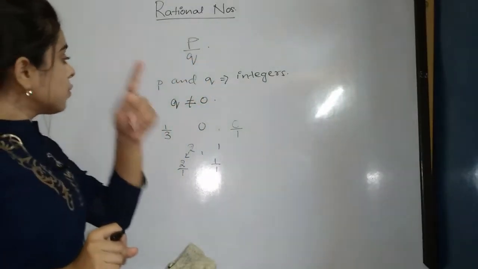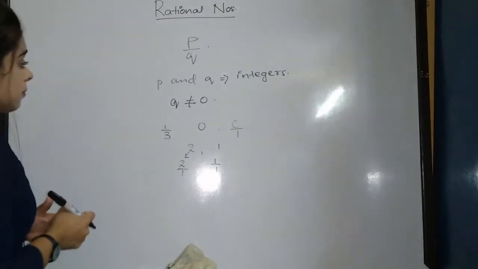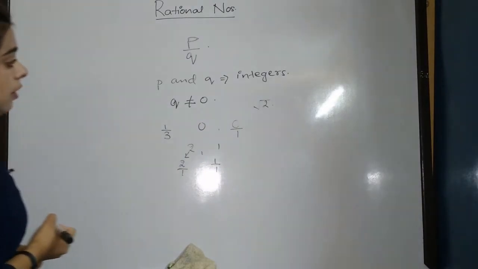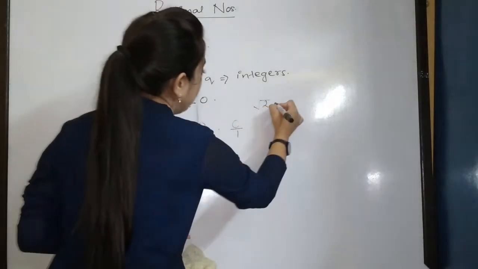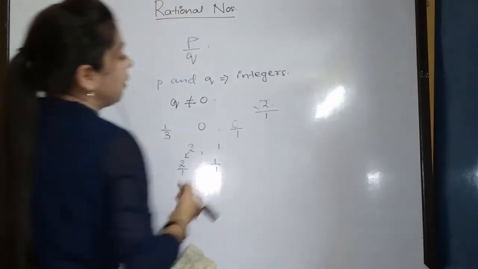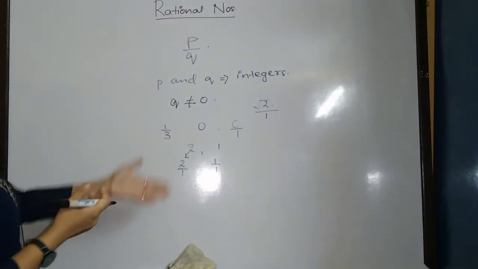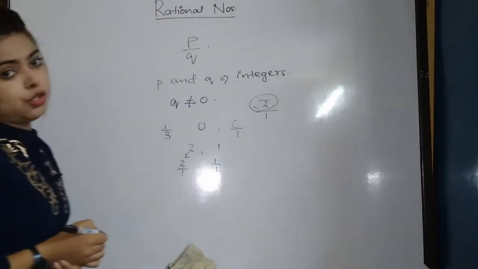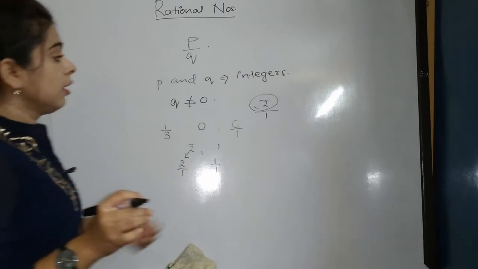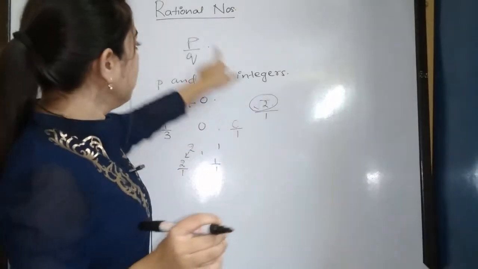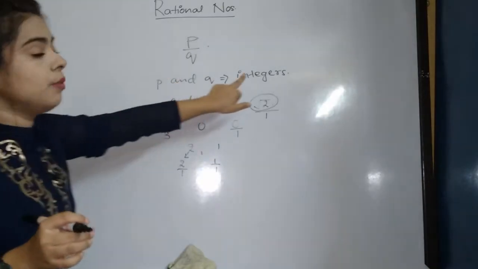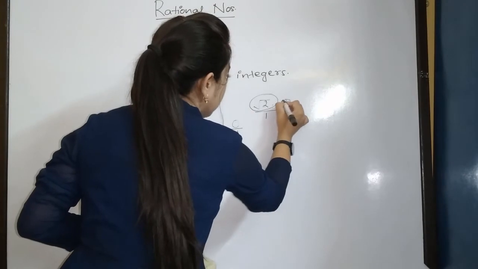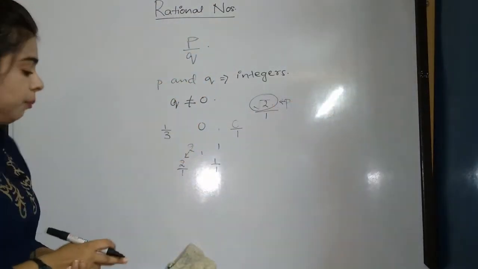Okay, so there was one question asked to me regarding that. Why is root 2 not a rational number? See, for that you have to know that root 2 can be written in the form root 2 by 1. So why can't we consider root 2 as rational? Remember, this root 2 is not an integer. That is the reason we cannot consider root 2 by 1 in the form p by q, because as I said, p has to be an integer and q also has to be an integer, and here this p is not an integer. So I just clarified that one particular thing.